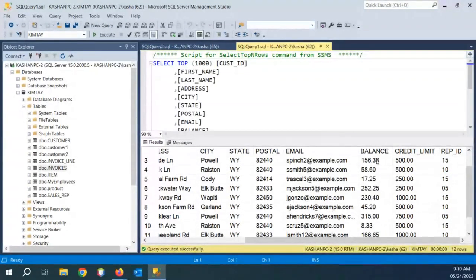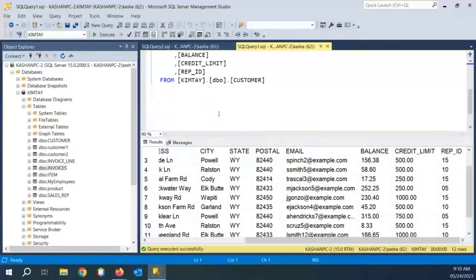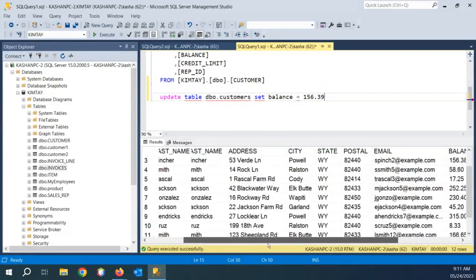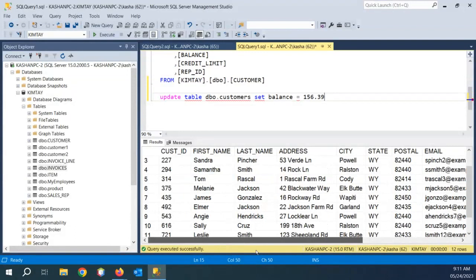Usually what you will do is say update table dbo.customer set balance equals 156.39. Let's say I just want to change a penny on this guy. What's his customer name? Customer ID is 227. So where